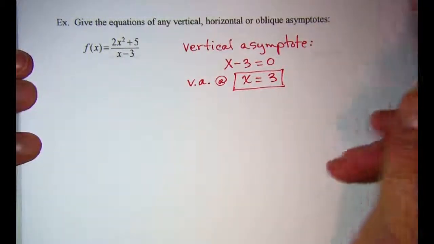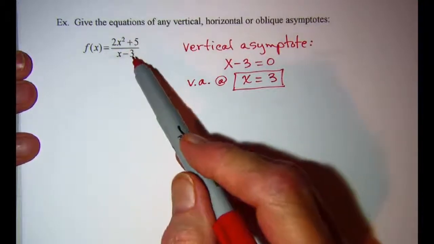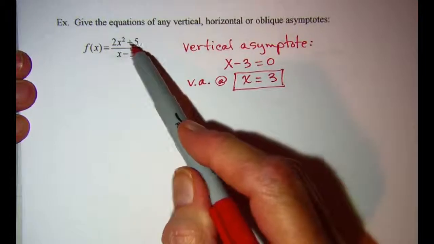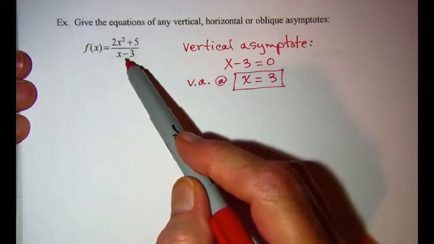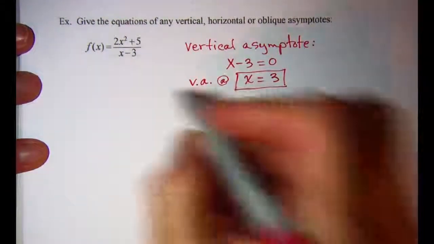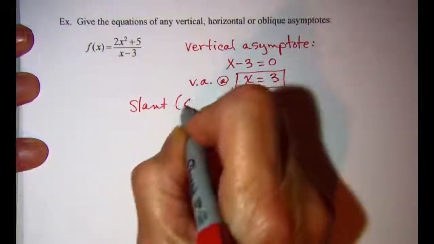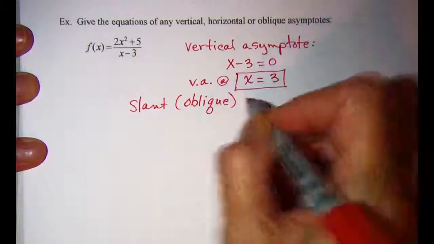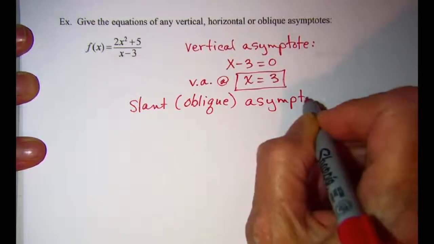Now for our non-vertical asymptote, we have to compare the degree of the top and the degree of the bottom. Notice on this equation, my top degree is bigger than the bottom. So in order to find this asymptote, it's going to be a slant or oblique asymptote. And the way we find it is by dividing